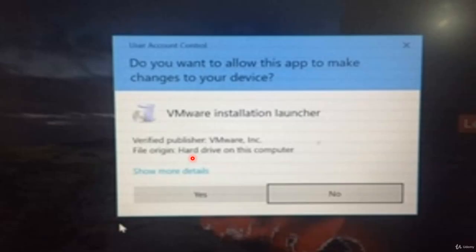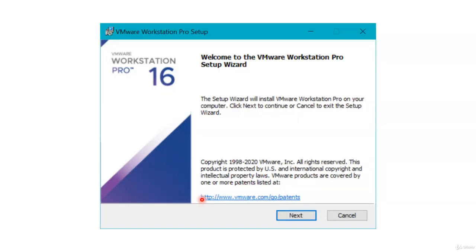When the application is ready, just double click on it, and then your Windows system will ask whether you want to approve this activity. Just say yes, and then the next screen will appear: welcome to the VMware Workstation Pro setup wizard. Click on next